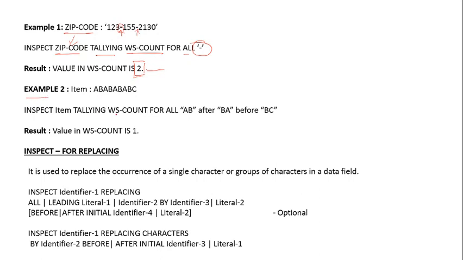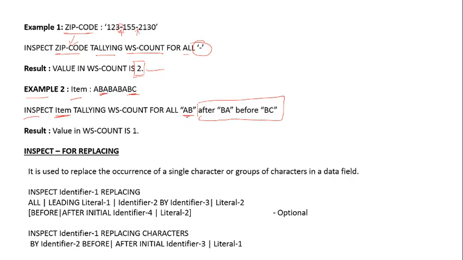And example 2: INSPECT ITEM, a b a b a b a b a b c. INSPECT ITEM TALLYING WS-COUNT FOR ALL AB, but AFTER BA and BEFORE BC. BC comes there initially, and after BA, first BA comes there.